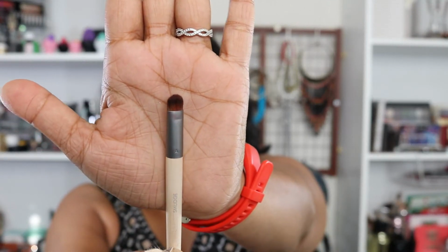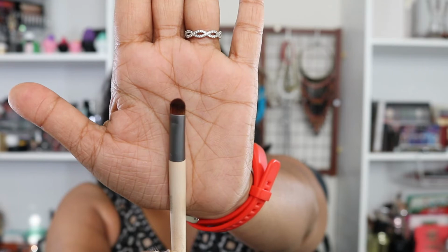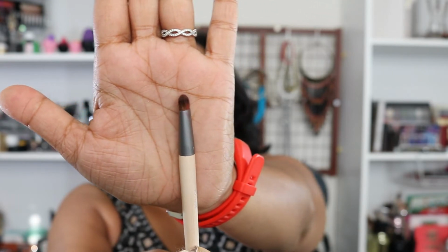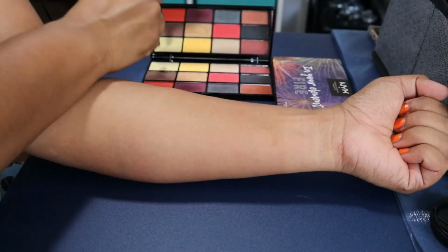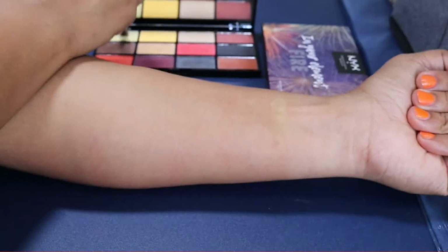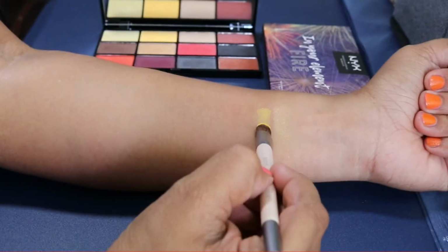This is just an Eco Tools brush, and these shadows apply gorgeously with this kind of stubby but still soft brush. My arm has no eyeshadow primer on it. I'm going by the numbers. The shadow number 1, shadow number 2,